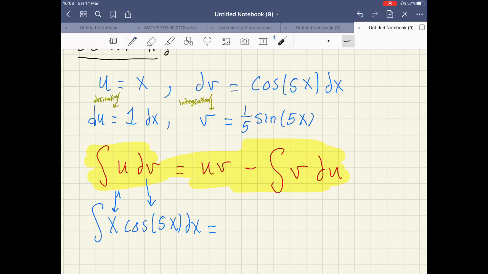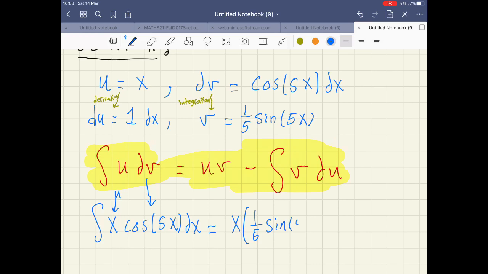Now, how do we do it? The formula says uv, so you take u and you multiply it by v. It's kind of a cross. Okay? And then you do v times du, so it's kind of a cross going the other way. So if we do u is x, v is 1 over 5